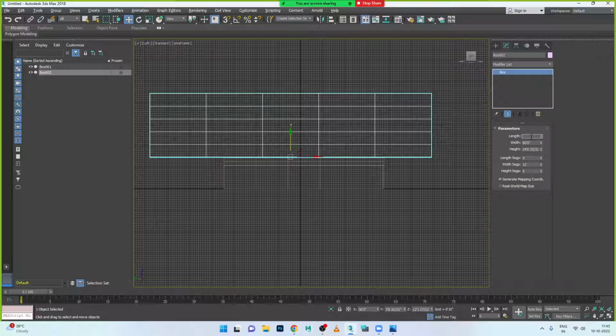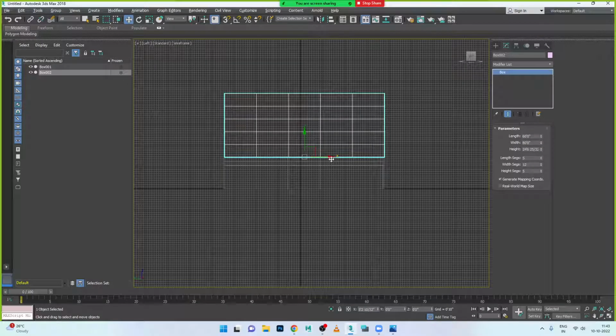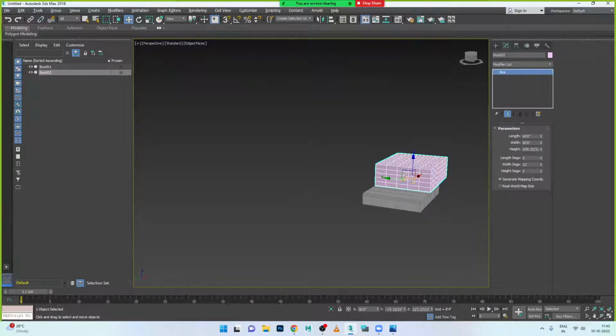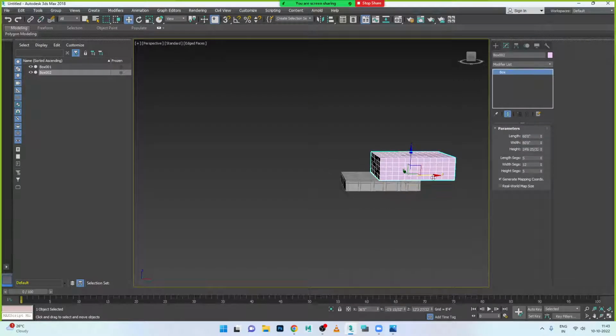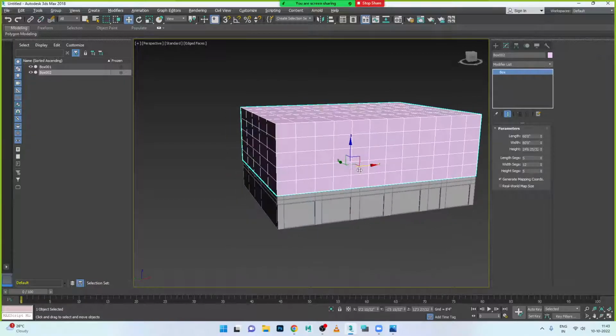How much we have given? 60 for this one. Okay, Alt W and see this one. 80, it is matching, and 60 for the depth also. Similarly,